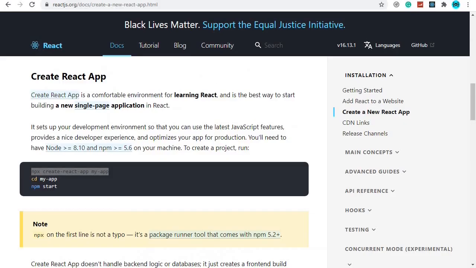In case you are a beginner in React, I have tried to make this a beginner-friendly tutorial. So we will start by creating a React app, and I am in React docs right here. And the first thing that you'll need to do is to have Node and npm installed on your machine. So to install Node, all you need to do is to do a simple Google search,